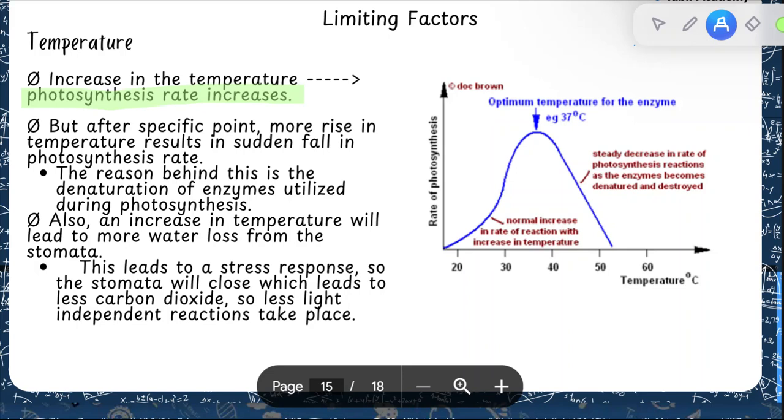also increases, but after a specific point, more rise in the temperature results in a sudden fall in photosynthesis rate. अब इसका reason ये है कि your enzymes start to denature after a certain optimum temperature, right? So that's why photosynthesis is going to slow down because the enzymes that are enabling it are going to denature. Also, an increase in temperature will lead to more water loss from the stomata, which leads to a stress response